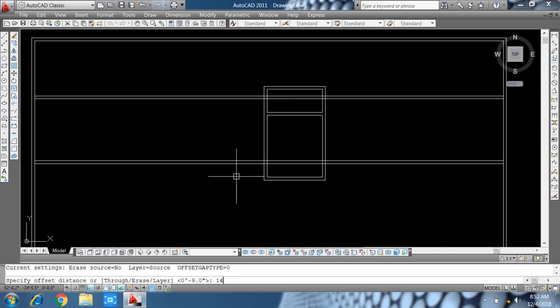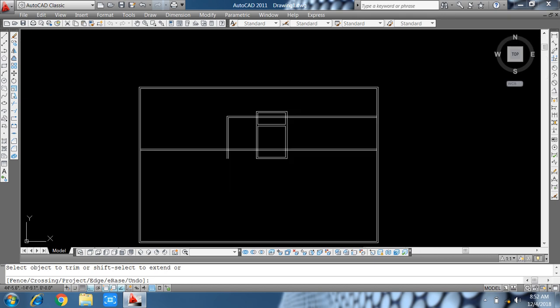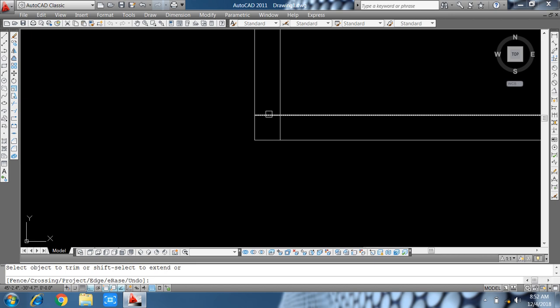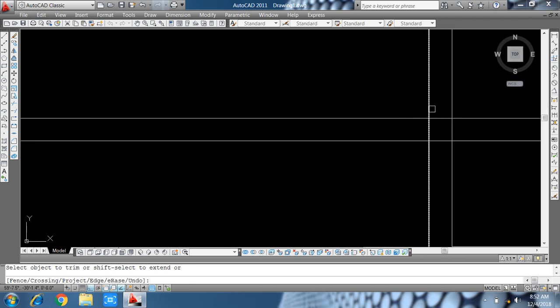Trim that. And select and delete these lines.